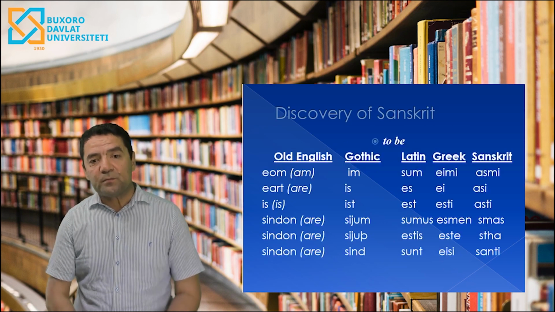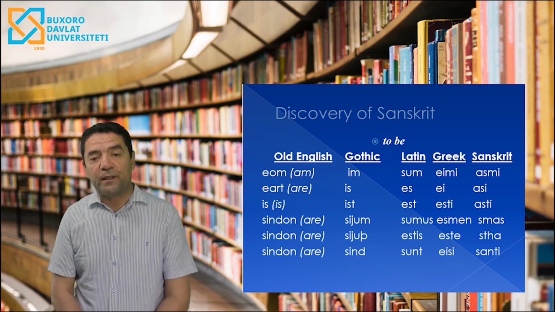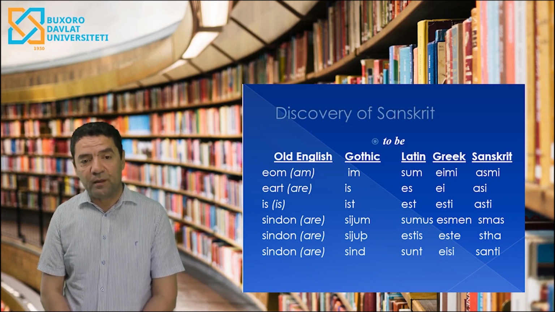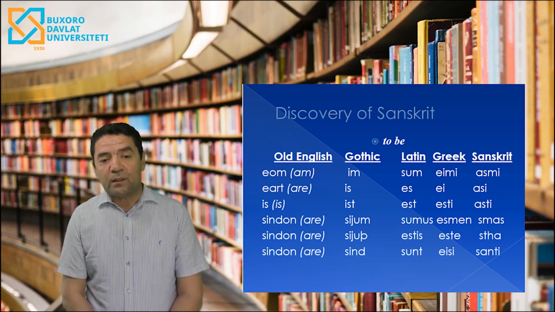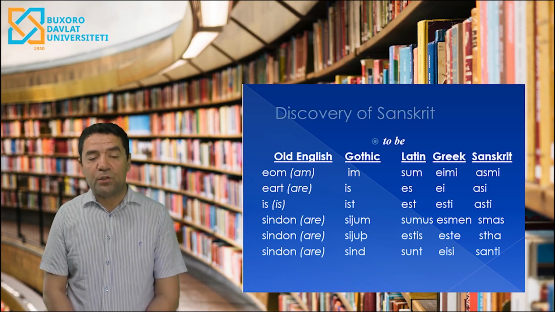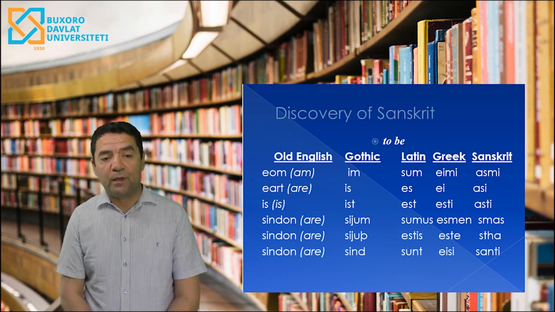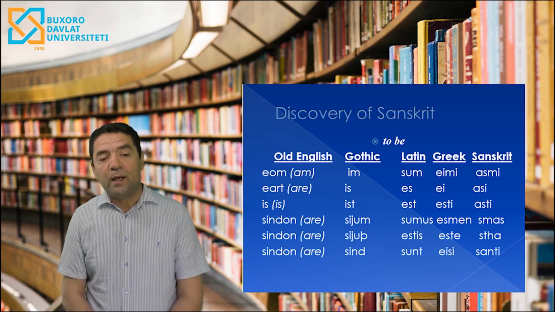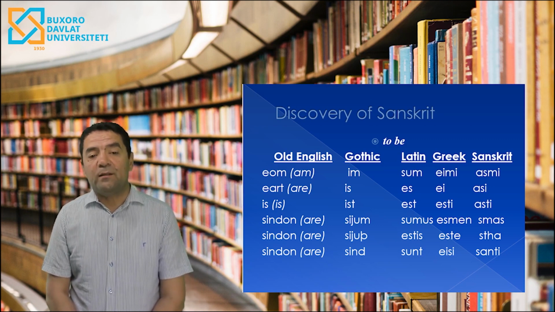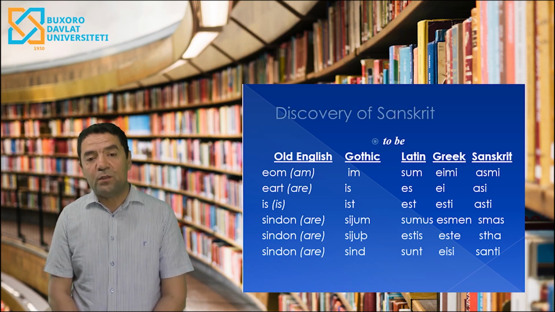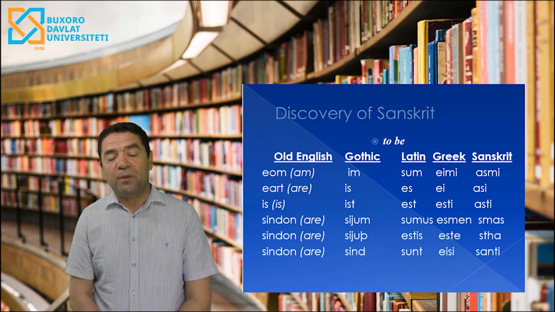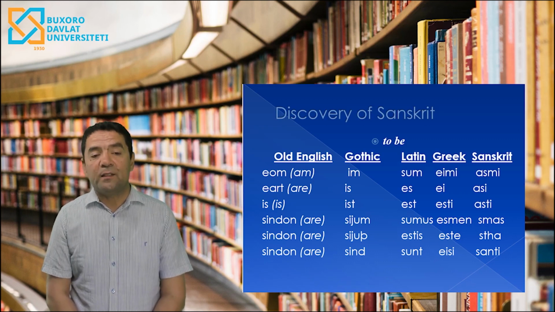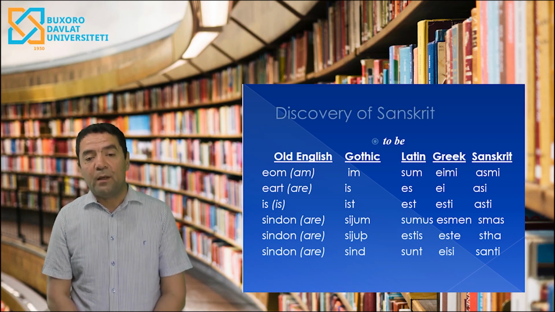Let's look at the declension of the verb to be in different languages of the Indo-European family. Modern English am, is, are originated from Old English eom, eart, is in the singular, sindon in the plural. And these forms had resemblance in the ancient Germanic language, that is the parent language of the other Germanic languages, that is Gothic. The resemblance between eom, im,